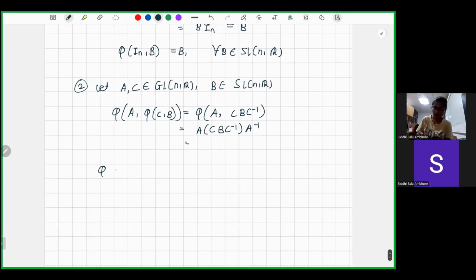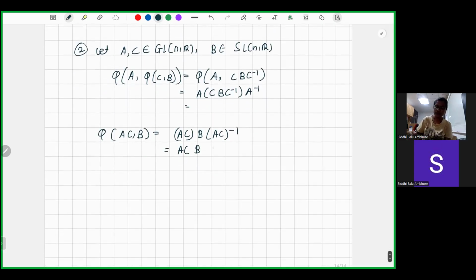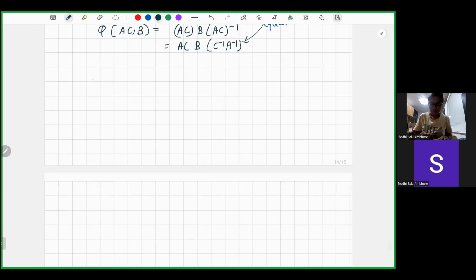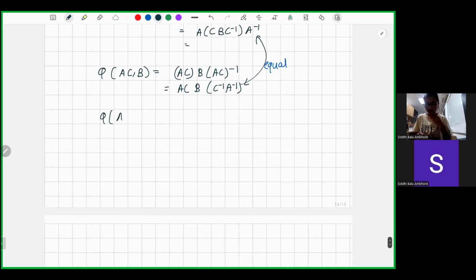And what is phi of AC comma B? It is AC times B times AC inverse. But since we are in matrices, we have C inverse A inverse, and that is exactly equal to what I have here. These are equal. So for the second condition, phi of A comma phi of C comma B is equal to phi of AC comma B,